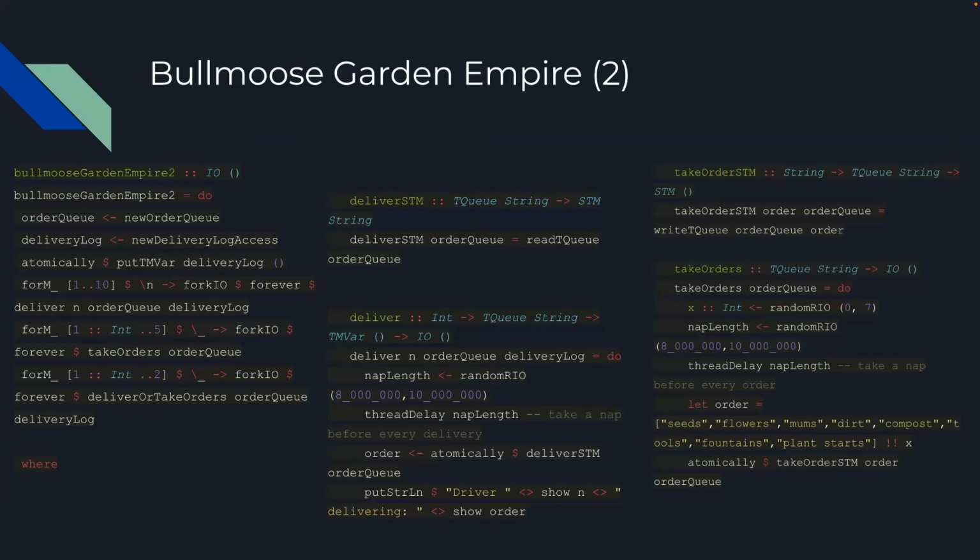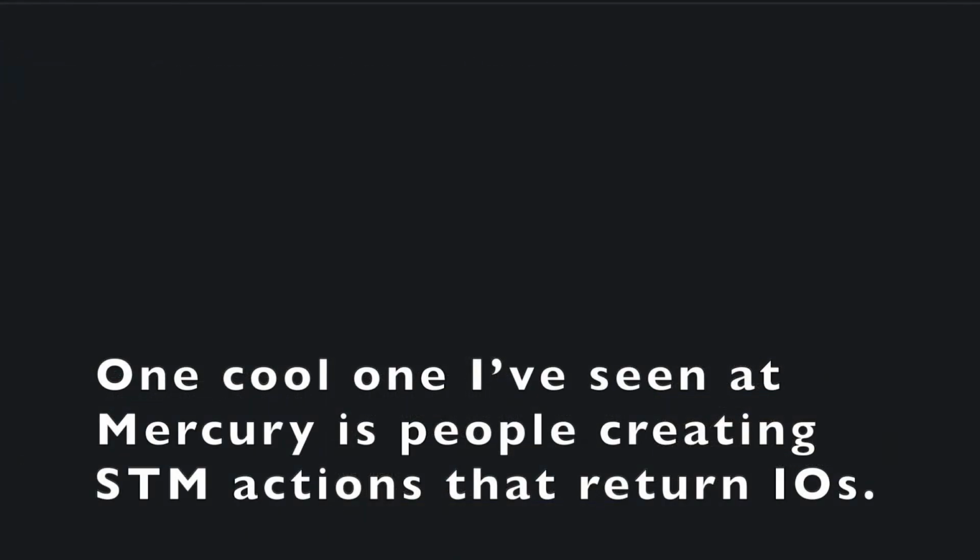So sometimes it requires restructuring the system to account for when do I need the concurrency and when do I need these other side effects. But yeah, you really can't do any I/O inside of an atomic action because STM just won't work correctly. You lose all of the compilation guarantees, and I think sometimes it can lead to non-determinism. It gets fun. One cool one I've seen at Mercury is people creating STM actions that return